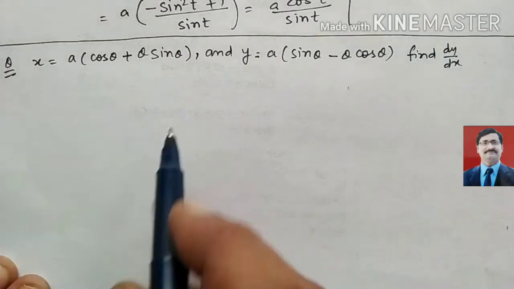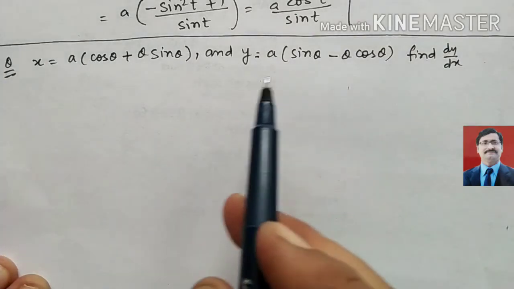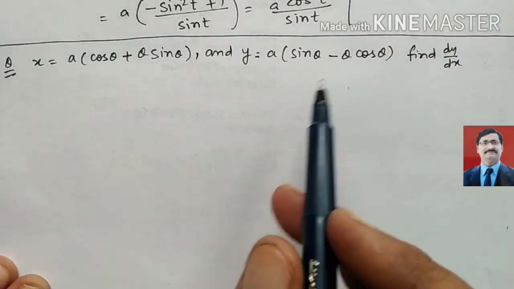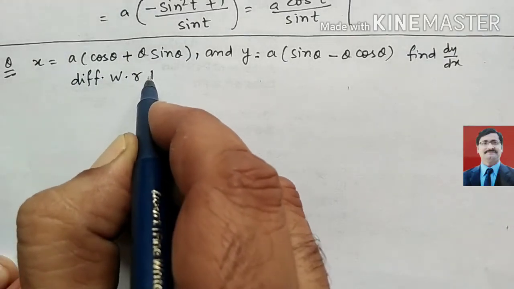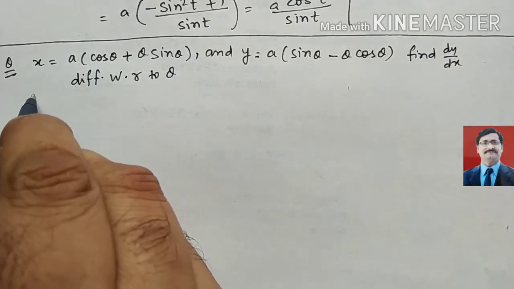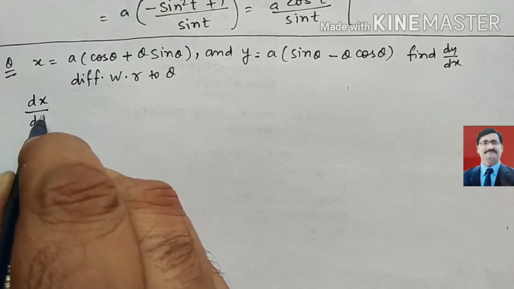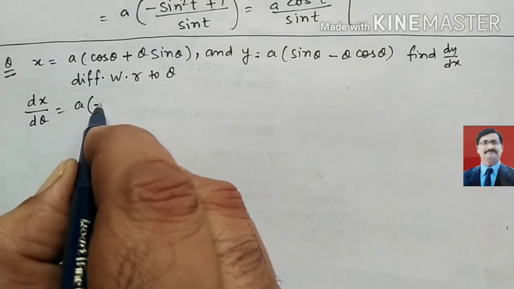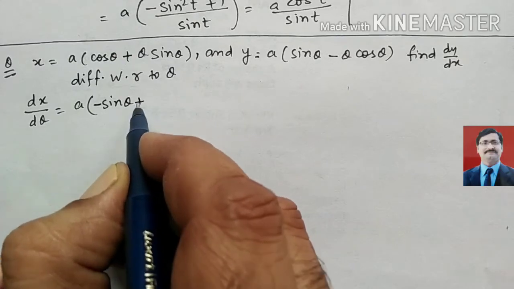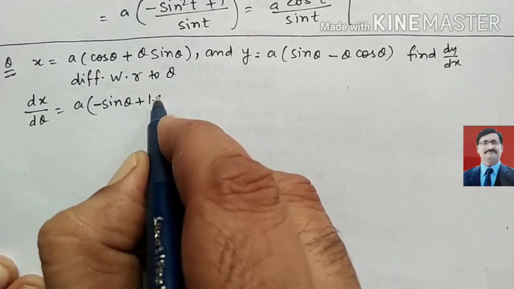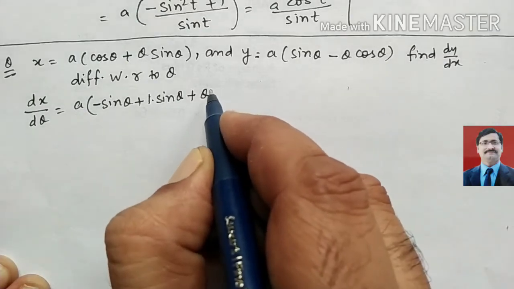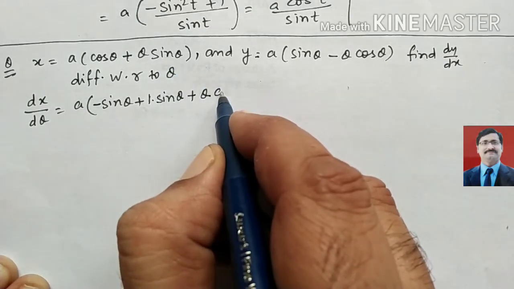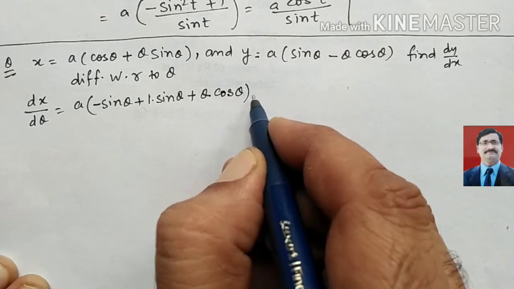How can we find it? Look here, this is parametric form, and the parameter given is θ. So you have to differentiate with respect to θ. We get dx/dθ = a[−sin θ + (θ differential is 1, cos θ as it is, plus θ as it is, times the differential of cos θ, which is −sin θ)]. Correction: dx/dθ = a[cos θ differential is −sin θ, plus θ differential 1 times sin θ as it is, plus θ as it is times differential of sin θ, which is cos θ].